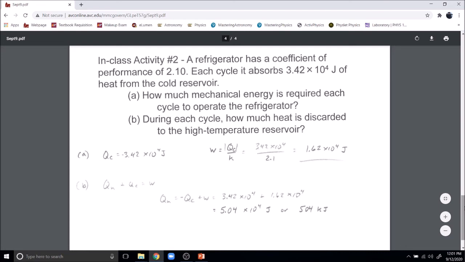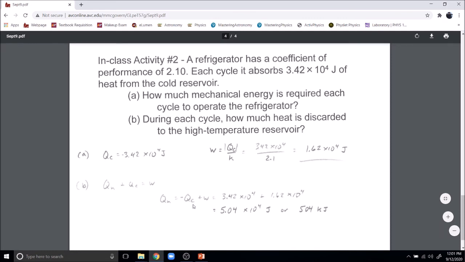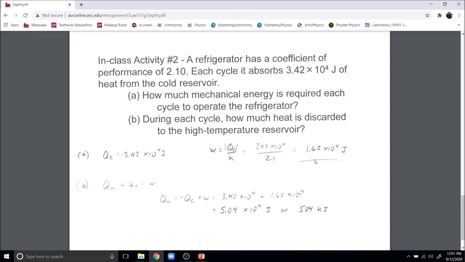If we look at the simplistic energy diagram for this, the equation that we have here, QH equals minus QC plus W, I have in there like that because I don't like to put negatives on my QCs. So I have it originally like this, and when I put it like this, you can see this is energy being extracted out. You would have this as negative though, and the idea is that you add these up. In fact, it probably would be better to put the negative over here, but just different conventions.